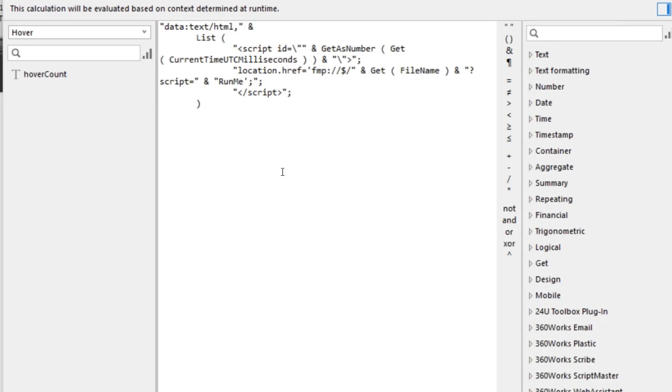The good news is that if you're trying to replicate this rather than having to come up with it on your own, all you've got to do is copy this and then change your script name here to the script you're trying to run. So it's kind of already written for you. You just have to adjust the run me, and that's all we need, because that's the name of the